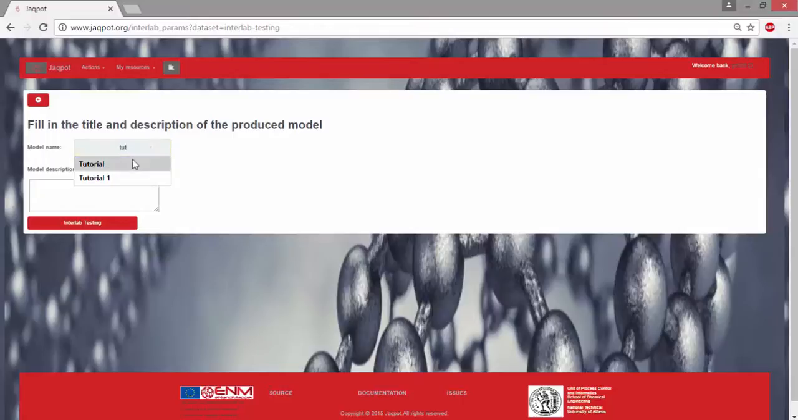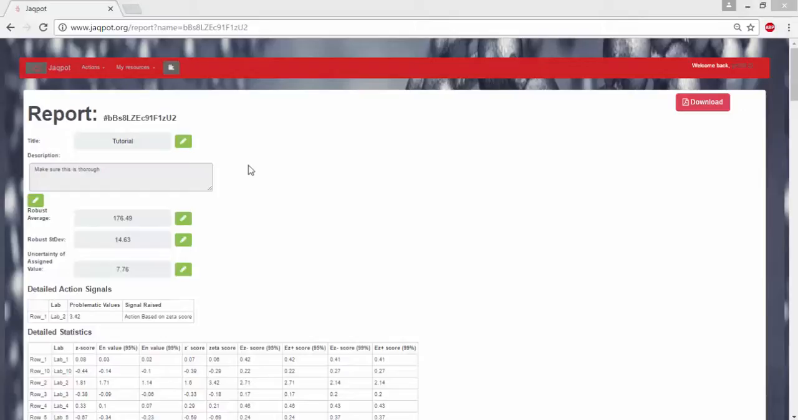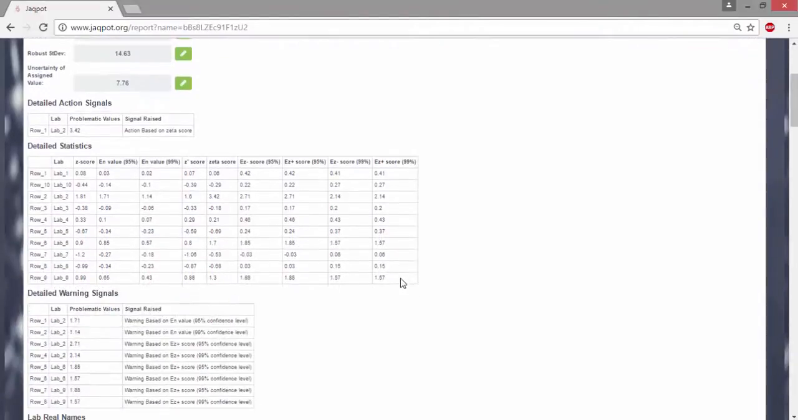The next screen prompts users to fill in the title and description of the model to be produced. Finally, a report is generated consisting of single values, array values, and images. Single values include the title, description, and the calculated robust average, standard deviation, and the uncertainty of the assigned value. Array calculations consist of detailed action signals, detailed statistics for which 8 discrete statistical tests have been carried out, detailed warning signs,